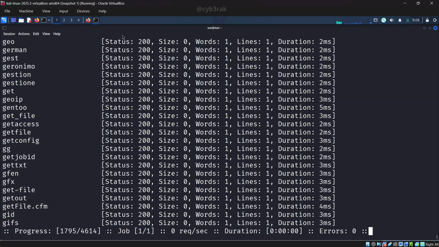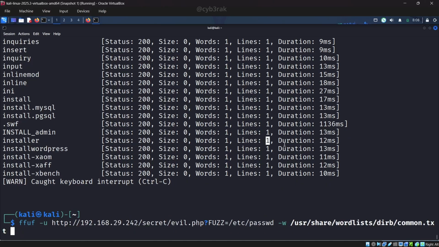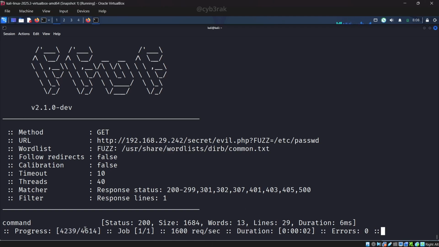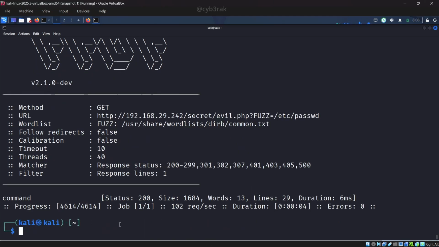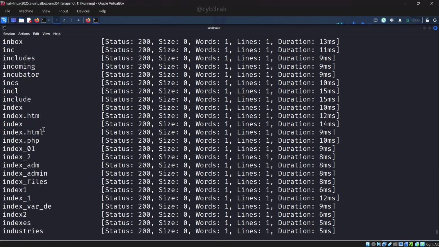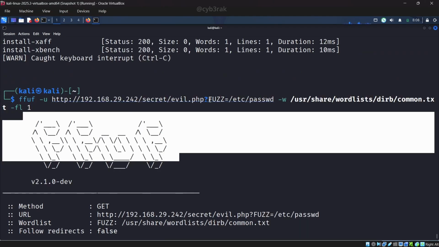So pressing enter, now we were able to see a lot of things. I'm just going to filter it out using the lines. It's basically 1, so I'm just using filter lines 1. Now you can see we were able to see the results so fast, and the parameter was command. So like that you can just use the FFUF tool or Wfuzz tool for finding hidden directories, or to find the parameters using this